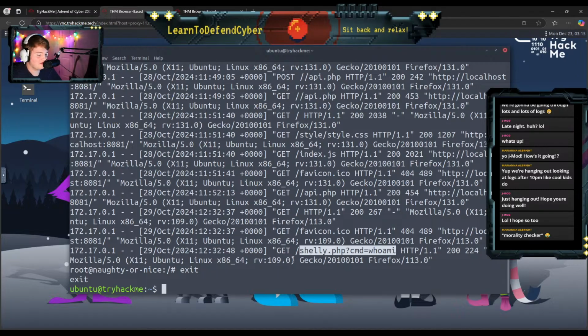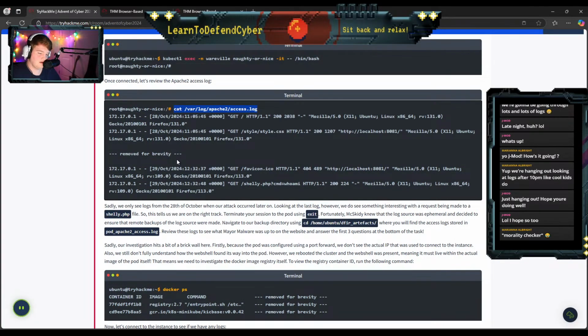We have somebody figuring out who they are on the 29th of October, 2024 at 12:32, so that's noon, 48 seconds plus 000, so we're at Greenwich Mean Time. I would assume that's what the plus 000 means.